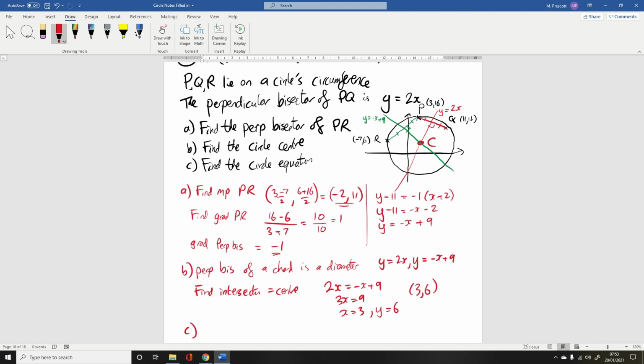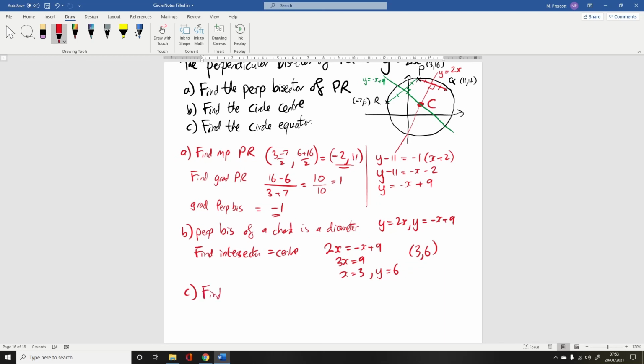Cool. And then the last question is we want to find the circle's equation. Now we're basically there, aren't we? We've got the centre of the circle already, that's 3, 6. We don't have its radius, but we could find the radius in loads of ways because that's just the distance from the centre to R or to P or to Q. So we'll find the distance CQ, why not, which is going to be, so if C is 3, 6, and Q is 11, 12, so it's going to be 12 take away 6 for the y's, and it's going to be 11 take away 3 for the x's,